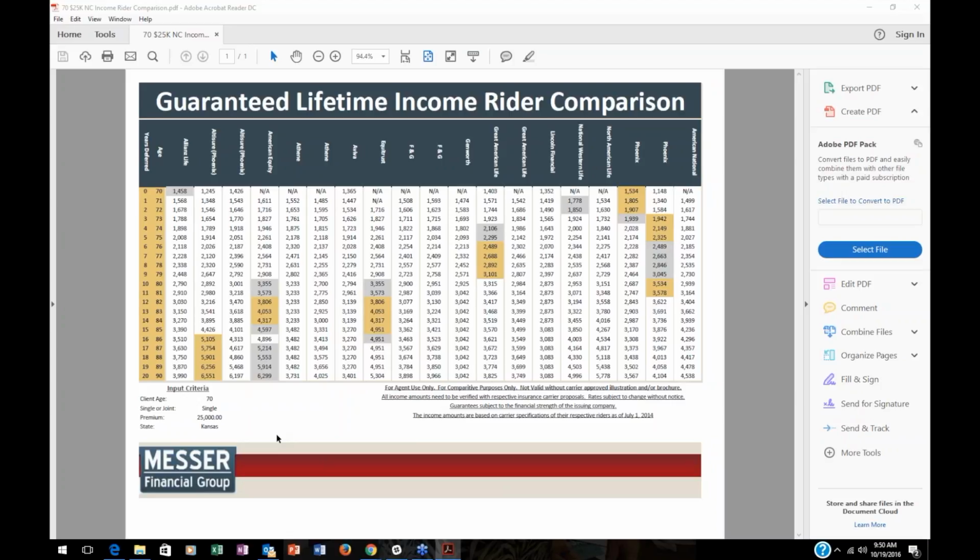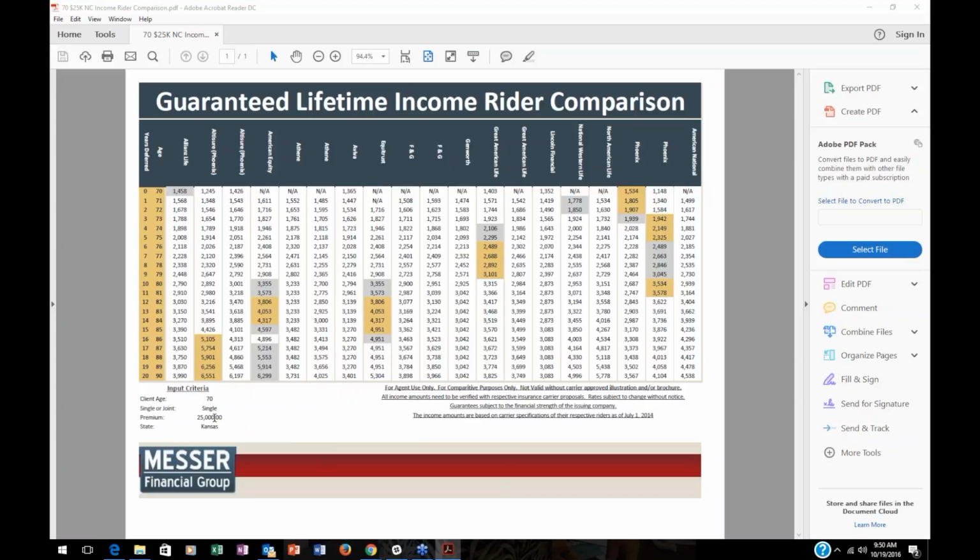Perhaps we just move part of that money over to a guaranteed income rider, and he's just looking for the safety of having that amount of money for whatever purpose. Not a lot of money, obviously, when we're talking about moving $25,000,